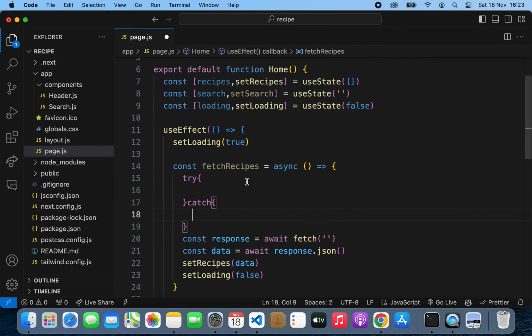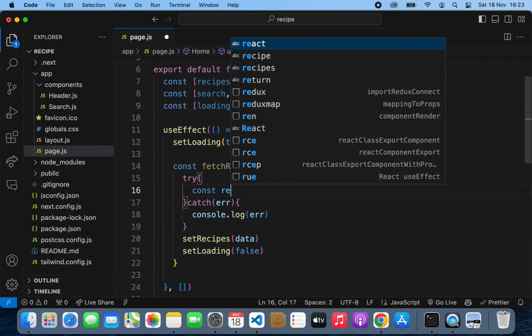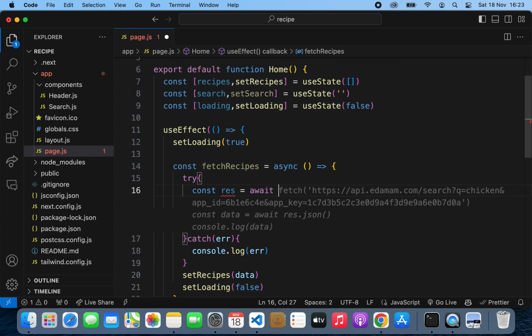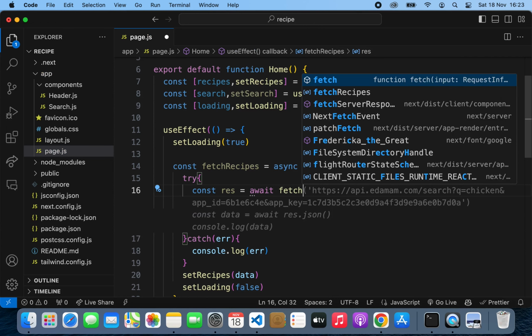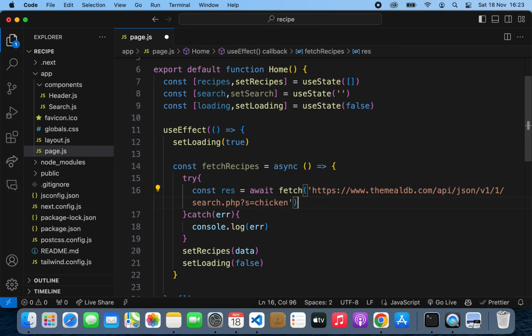So a try and catch block. Here it returns you an error. This error we can just console log to see why it failed. And then in here is where we're going to make the request. So let's just remove all this. In here is where we're going to make the fetch request. So it's going to be a const res equals await fetch and then the URL. Yeah, this is our URL, and then